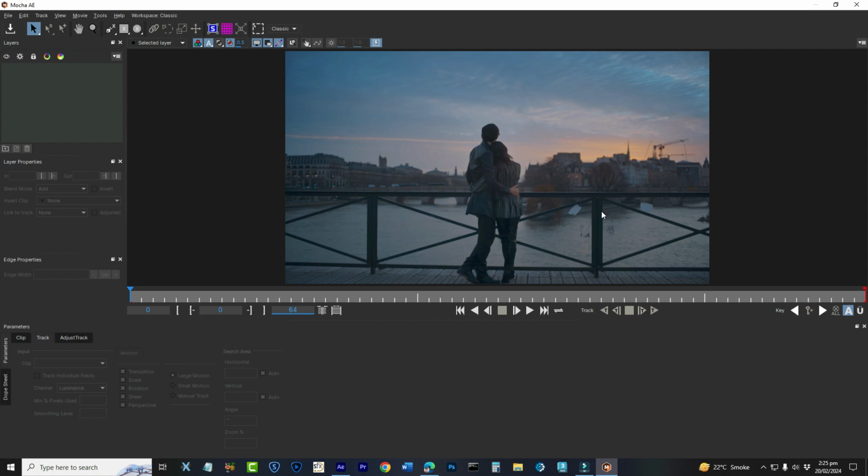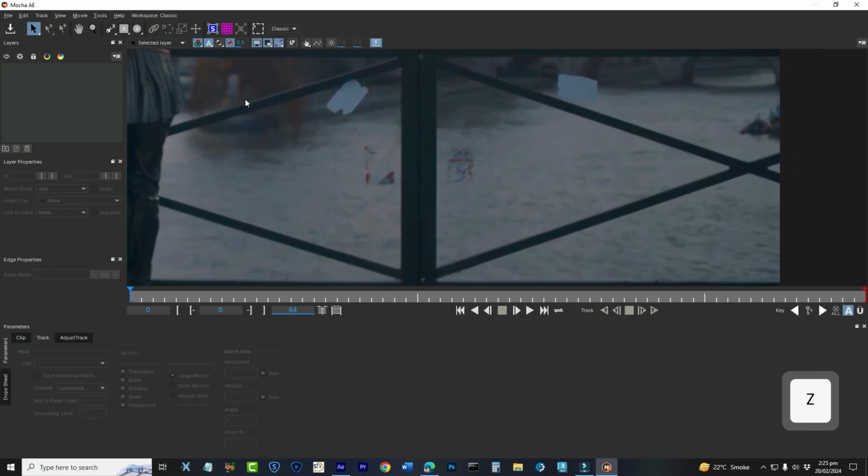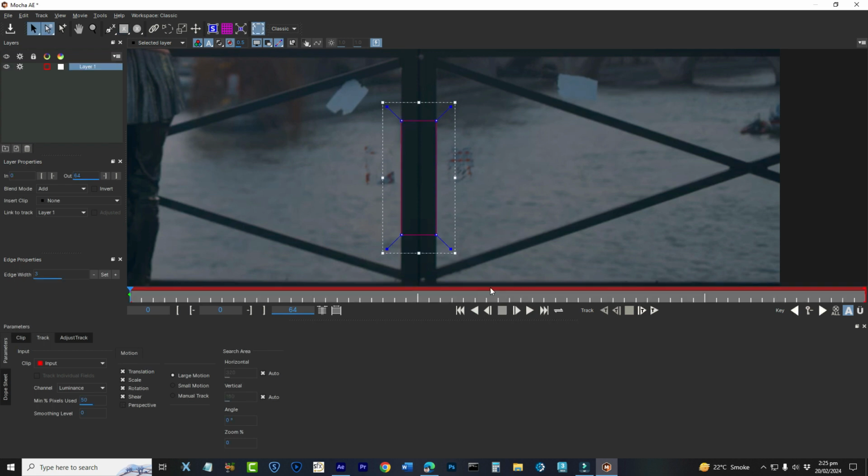And now I need the rotoscoping of this railing area, and to do that I'll zoom in to that area. Then I'll take this rectangular X-spline tool and create a shape here like this,